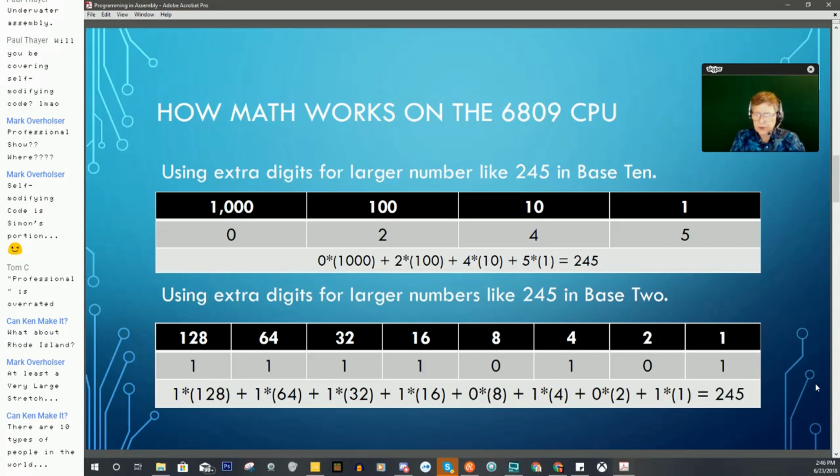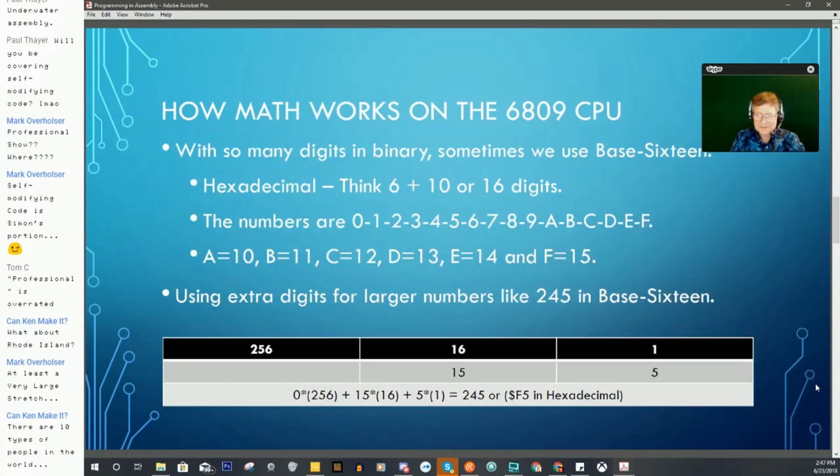So if we were going to do the number 245 in binary, it would actually come out as 1, 1, 1, 1, 0, 1, 0, 1. That's an awful lot of digits to represent in binary. So if we go to the next slide,